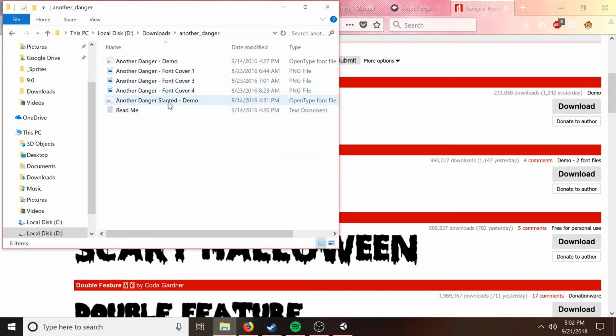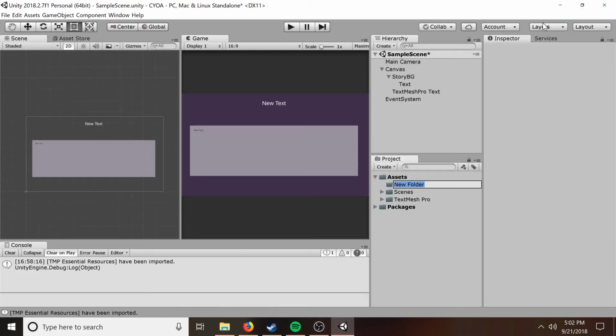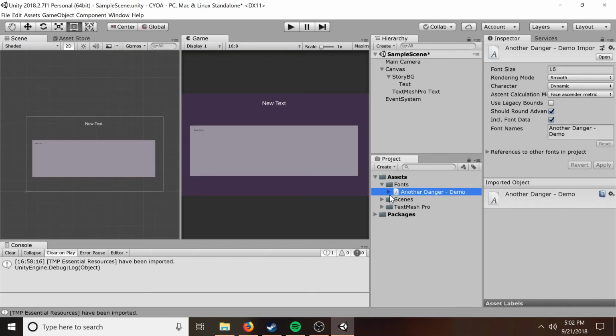And I want to install this font. Actually, I don't even actually need to install it. I can just go to Unity. And in my assets folder, I'm going to make a new folder because I want to keep my stuff organized. So I'm going to call it fonts. And then I'm going to grab this font file, put it in here. Perfect. Yes, nice. Okay, and then I need to